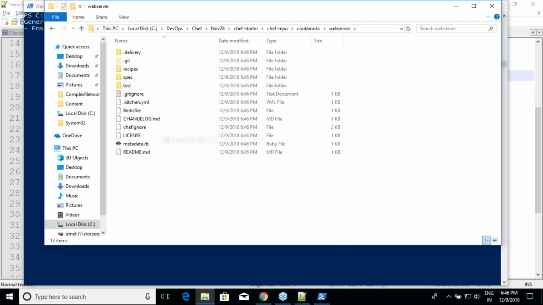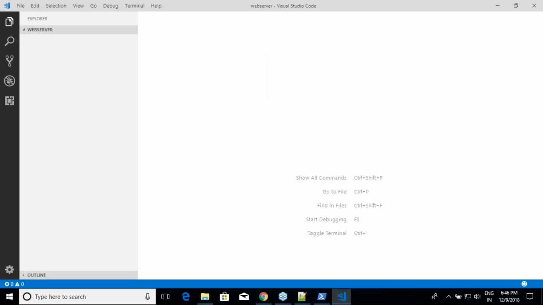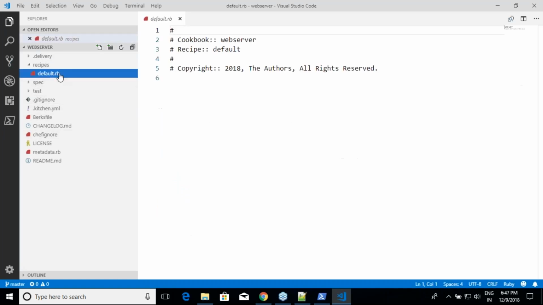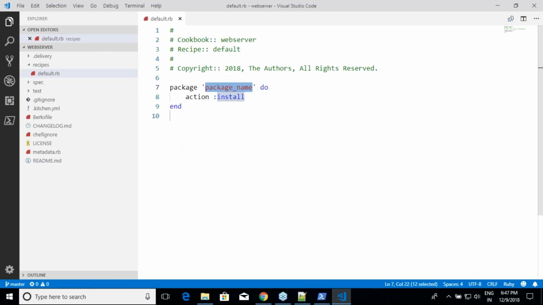Let me open Visual Studio Code. Let me go to the recipes, default.rb. And over here, I'll execute package git, action install.